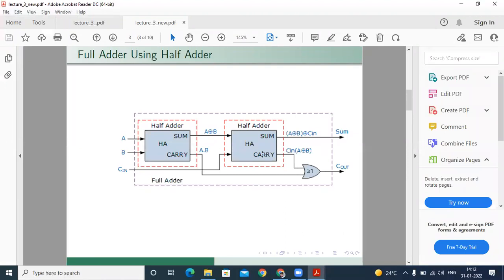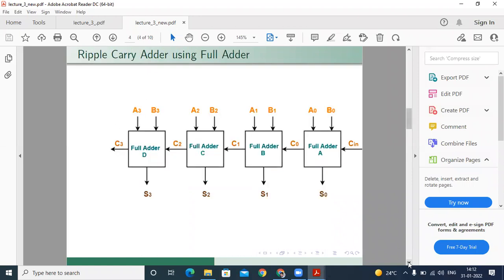Everybody knows how to develop our half adder, as we saw in our last lab, how to apply our input, and how to get sum and carry. Firstly, we develop our full adder by using two half adders. Then, by using this full adder, we can develop our ripple carry adder.